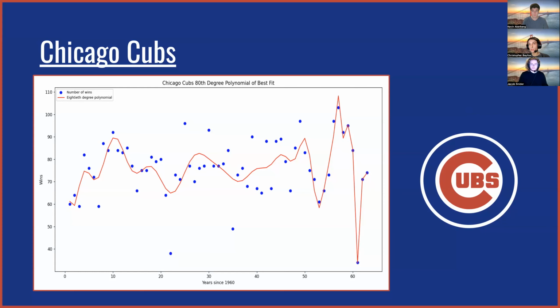And with this 80th degree polynomial, you'll see that this trend generally follows the same trend as our fourth degree polynomial, with a lot more variation along the way, so that it's getting as close to as many of the points as possible, trying to lower that error. You'll see that a lot of the outliers are also included. So you can see that the Chicago Cubs, when they were going to the World Series, that point is now in this polynomial line.